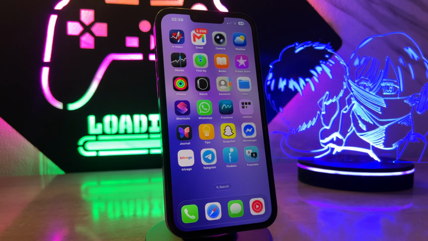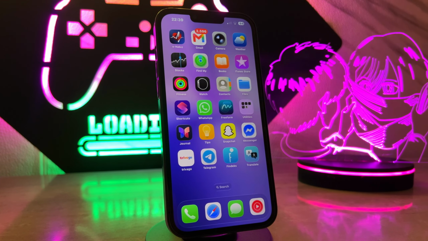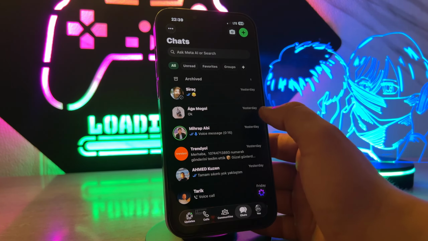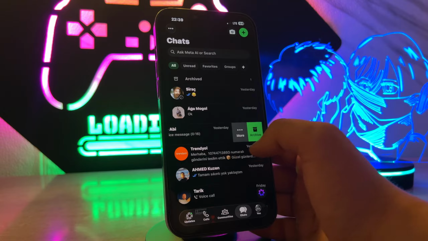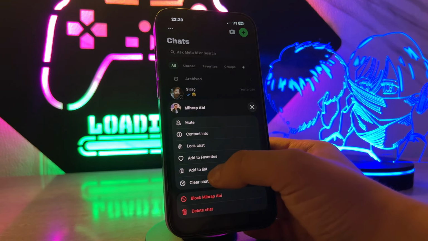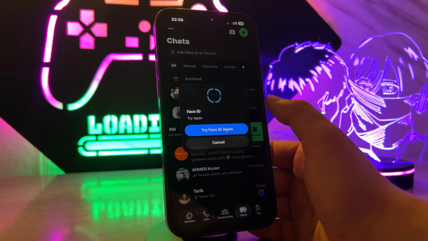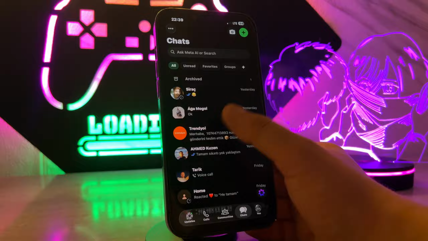Today in this video I want to show you one of the best things I just got here on WhatsApp. It's about locking your WhatsApp chats. So this is going to be very useful for you guys, and if you want to do this, you have to slide to the left and you will get Lock Chat. Click on it and it's going to ask you for Face ID to verify, and the chat will disappear